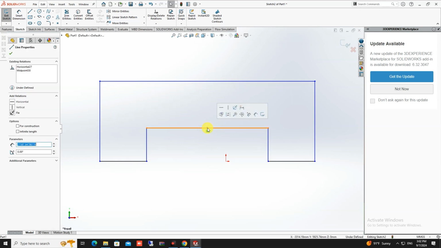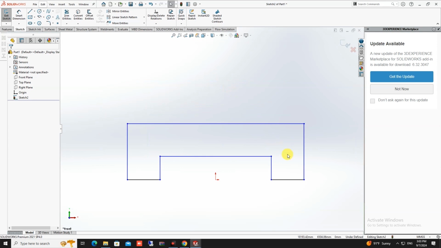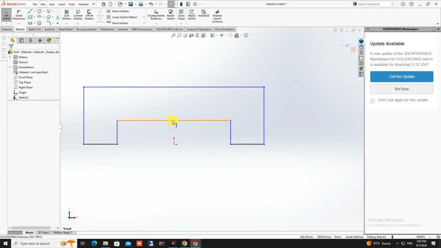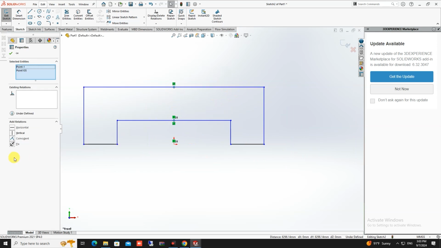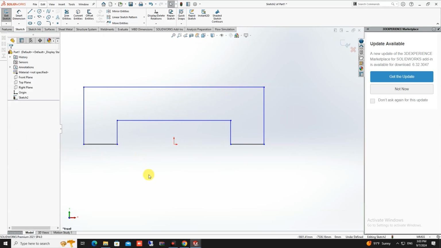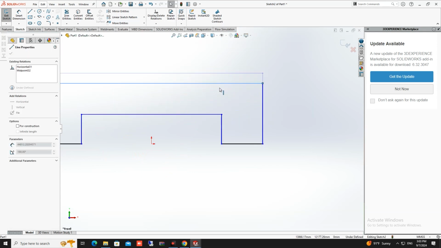I will click on it and press Ctrl and choose the origin. I will click on vertical. Now there is a vertical relationship between this point and the origin, as you can see. And also I have to have these 2 points vertical like this, and imagine right here still